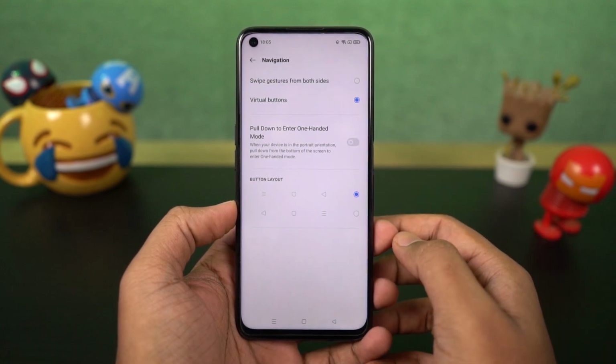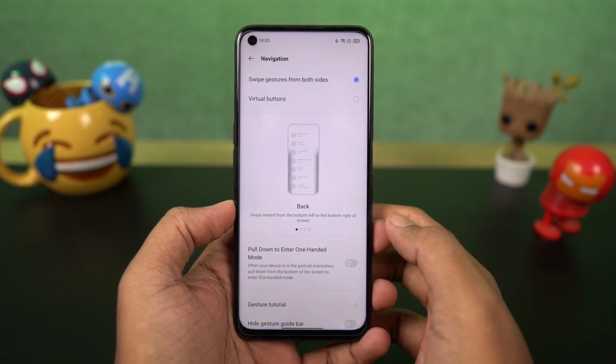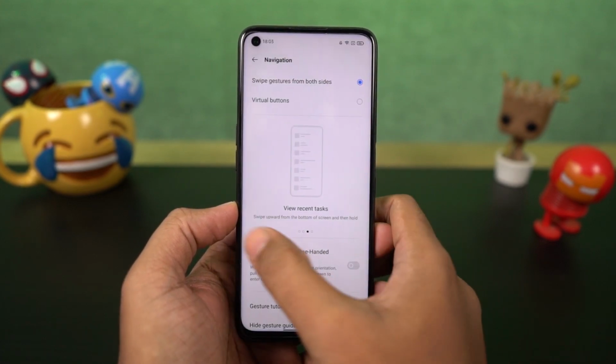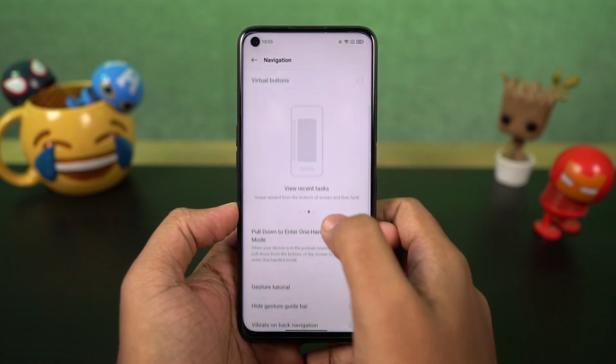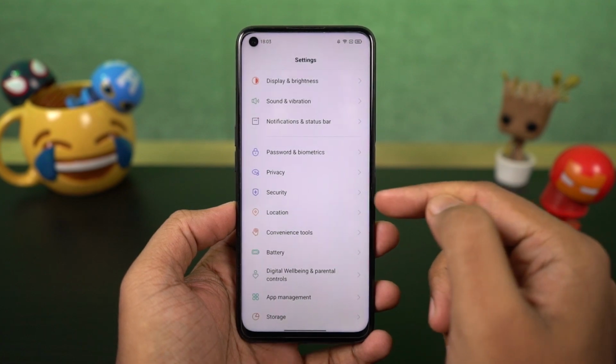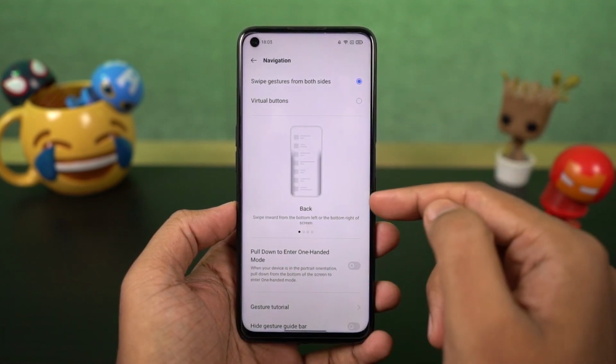To go home, you can swipe from the bottom of the screen. For recent apps, you can swipe and hold. Now to go back a step, you can swipe from the left side or the right side. For Google Assistant, you can swipe from the bottom left corner or bottom right corner diagonally to trigger Google Assistant. And every time you use these gestures or even the back button, you also get a subtle